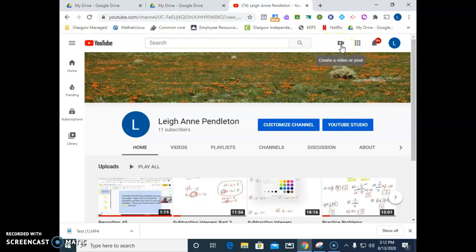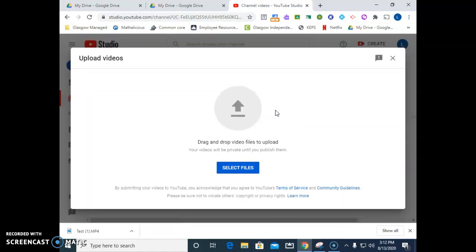I'm going to go right here, this little camera look. If you hover over it, it says create a video or post. I want to upload a video. And this is why I downloaded it. It's so much easier than going here and selecting the file. If I just go over here to where it's downloaded, and I pick it up and I drag it in,